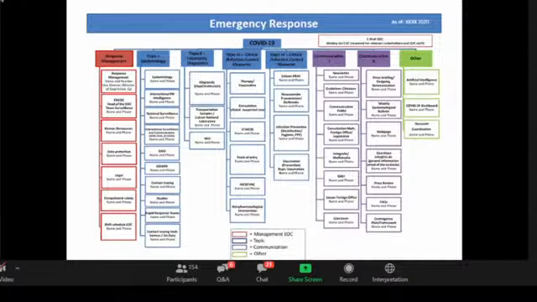Here you can see, this is our internal chart where we can see who is responsible for what. So we have in red the persons responsible for the management, for example, for the public health EOC, but also for data protection and for legal issues. And then in this chart, you always have the name and the contact details, the telephone number and email address of the person responsible for that.